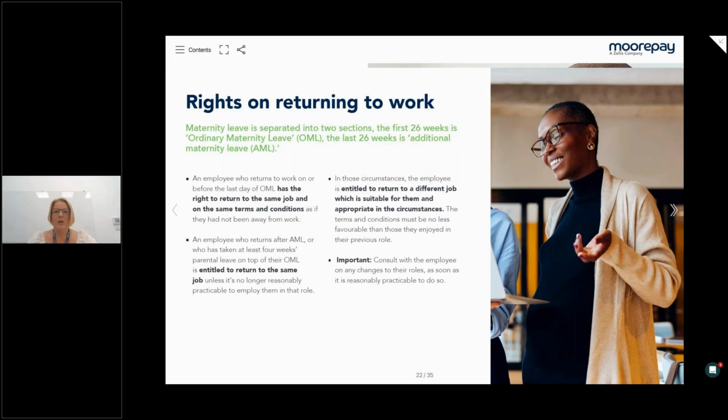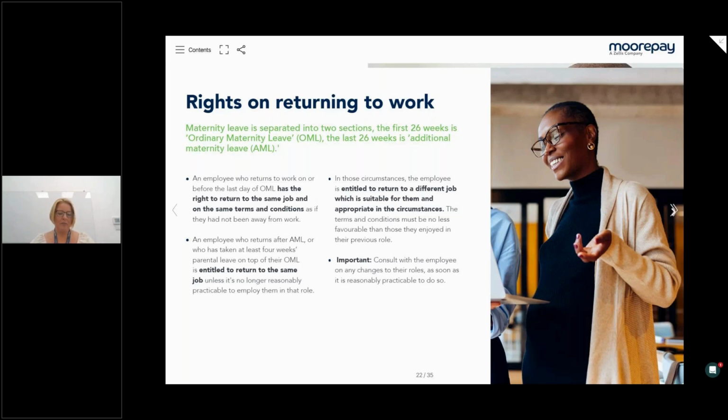Because, you know, if you're just putting somebody in a new job because the person who did it during the maternity leave was just better than them at it, you face a potential claim, discrimination and unfair dismissal, and it'd be expensive at tribunal, so I would definitely avoid that if possible.